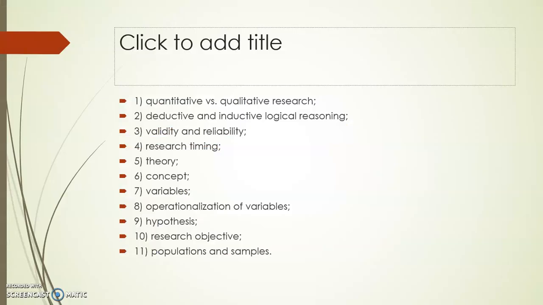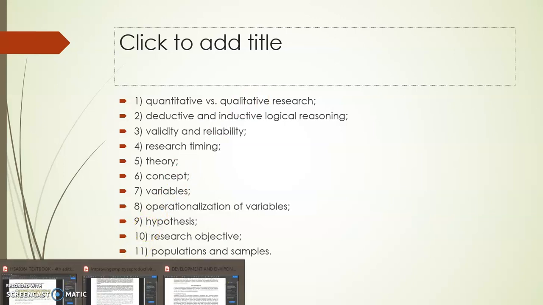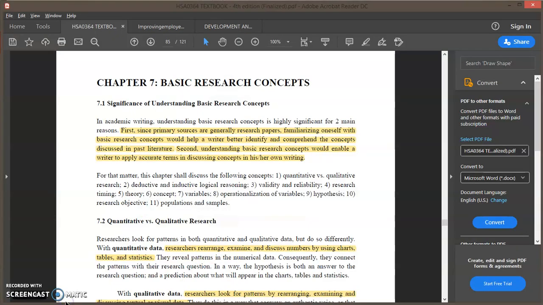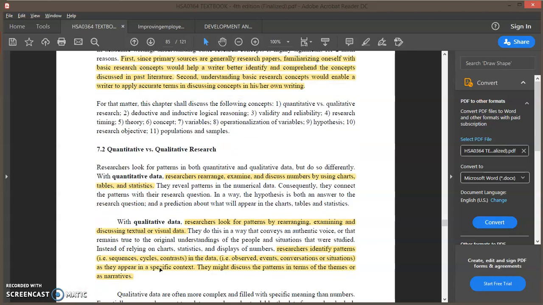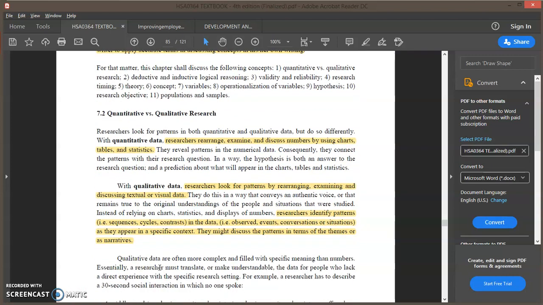So the first concept that we will look at is a simple concept: the differences between quantitative and qualitative research. I think we've mentioned this so many times in our class before. It's a very simple concept to understand. If you look at your book,